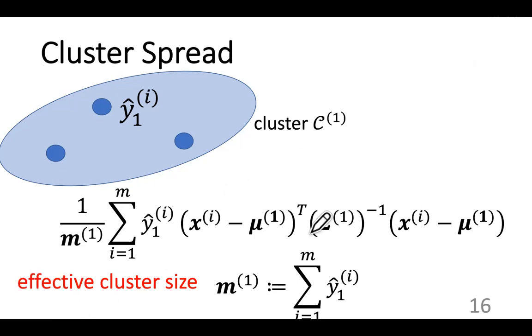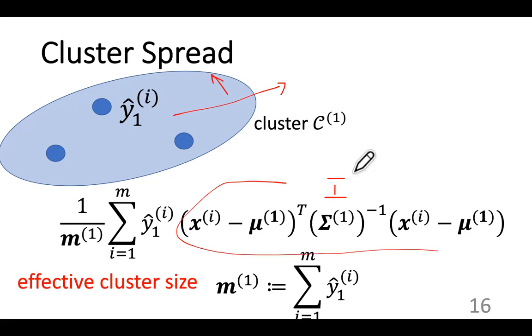So in k-means, we used the identity matrix instead of the inverse of the covariance matrix. Instead of this squared Euclidean norm, now we define the cluster spread by measuring distances using this quadratic form involving the covariance matrix. And this has the effect of measuring distances differently in this dimension than in this dimension. And we use this different distance measure, this quadratic form,